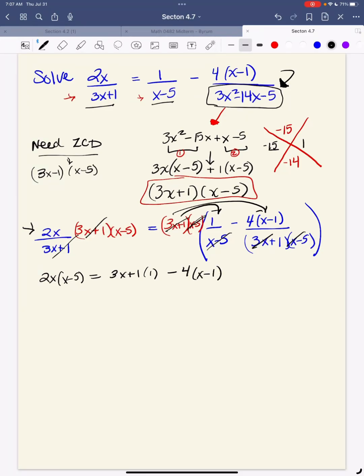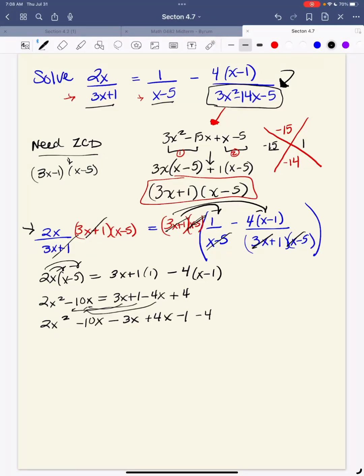So let's go ahead and distribute and see what we've got. We've got a 2x squared minus 10x coming from here. This is equal to 3x plus 1 minus 4x plus 4. So now I need to get everything over to one side and set it equal to 0. So I've got a 2x squared minus 10x minus 3x plus 4x, because I'm bringing these over, minus 1